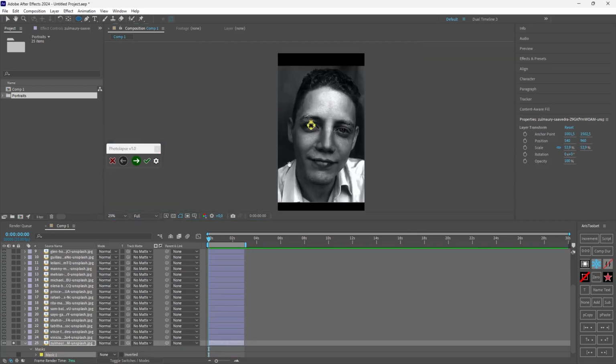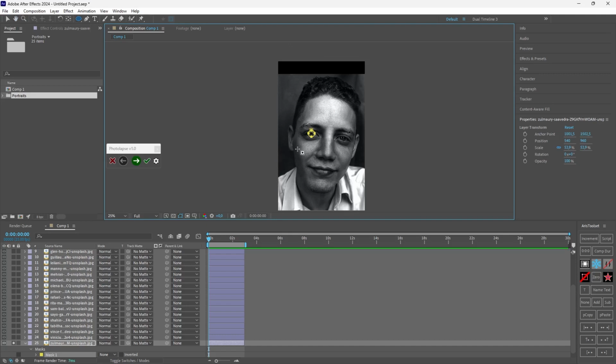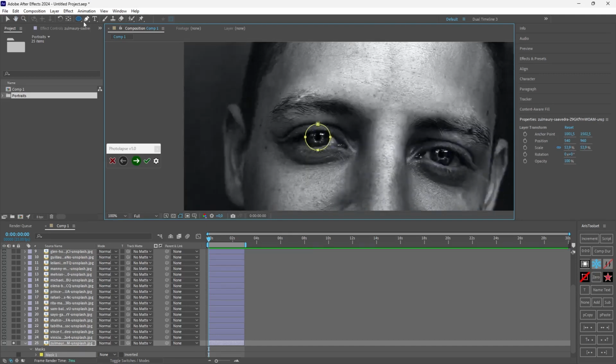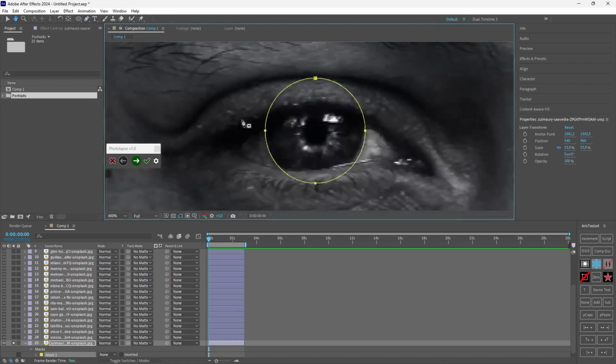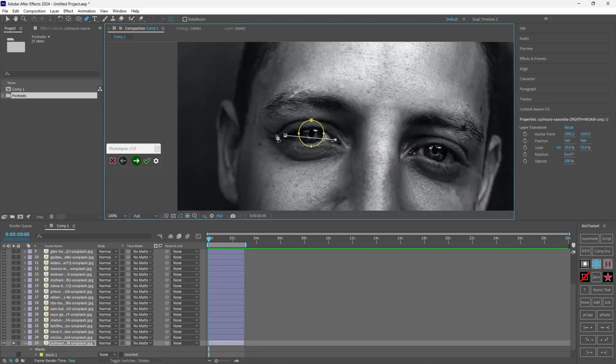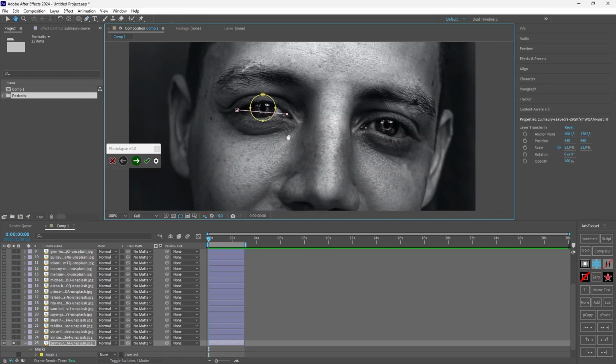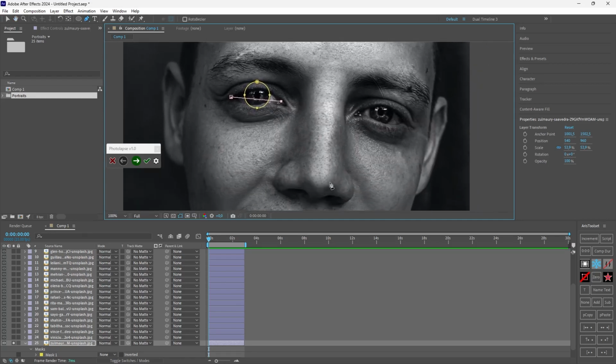Now, to align the images in the rotation, you will have to create a second mask with the pen tool. So I will get the pen tool, and I will make a very simple 2-point mask. And with this mask, I'm defining a horizontal line. You could, of course, define a vertical line or any line as long as it is consistent with every other image you create a rotation mask. So if I define a horizontal line on this image, I cannot define a vertical line on another image. I will have to stick with the horizontal lines.